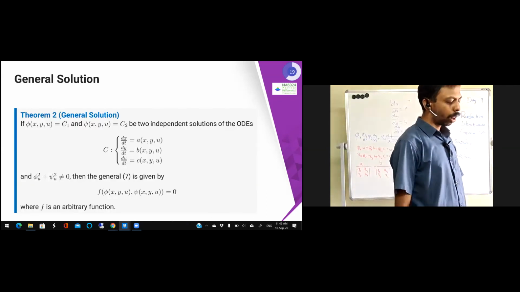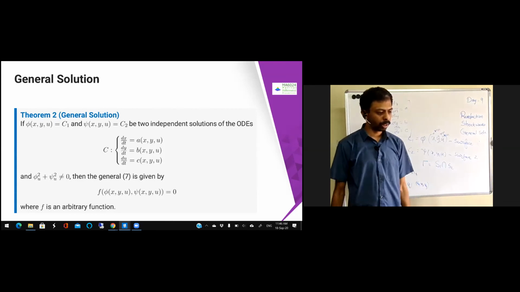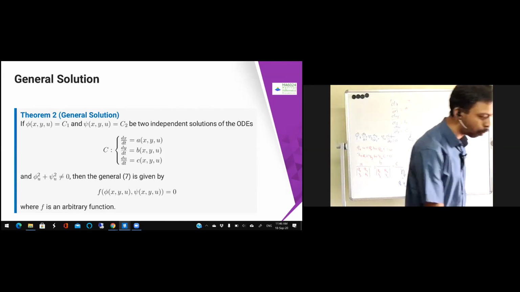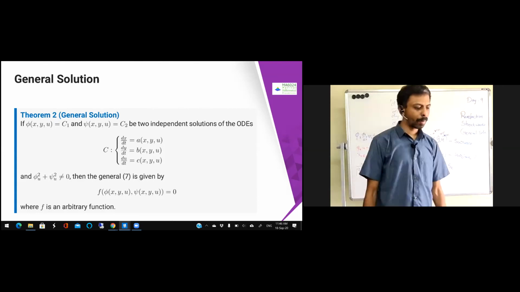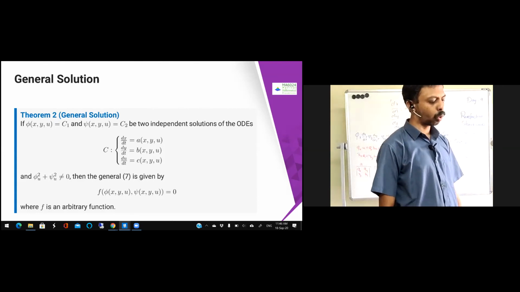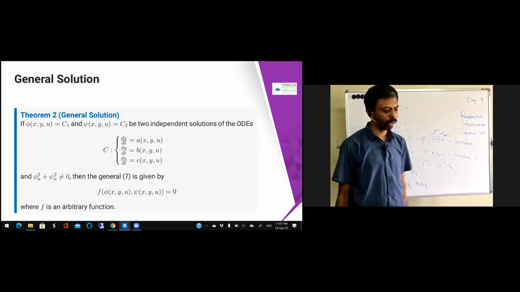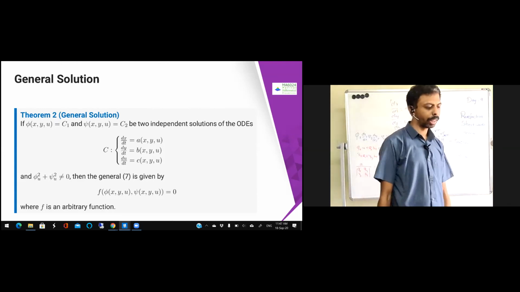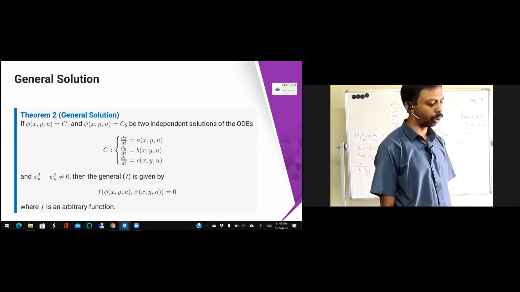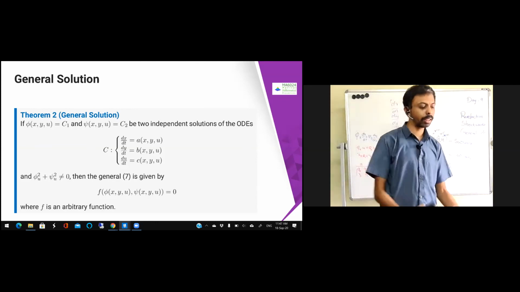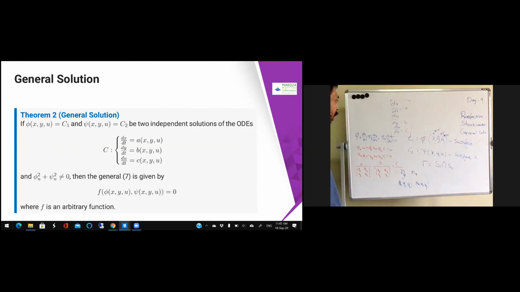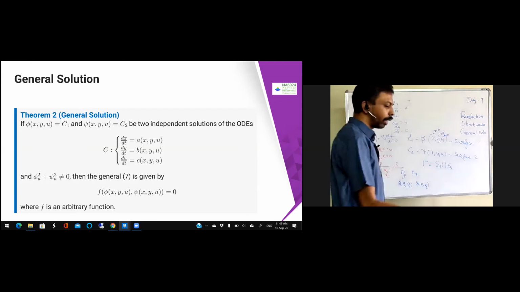How to find the general solution? This is a simple theorem, just do it in 2 minutes. Suppose pi of x, y, u and psi of x, y, u are two independent solutions of these ODEs, this characteristic system, and it is given that pi u square plus psi u square is not equal to 0. Then the general solution of 7 is given by